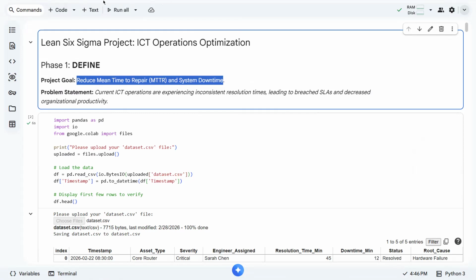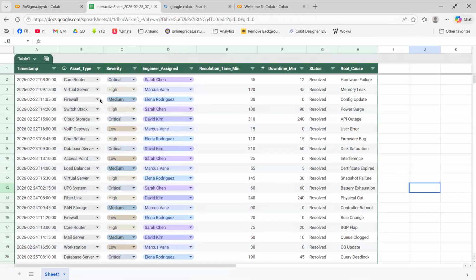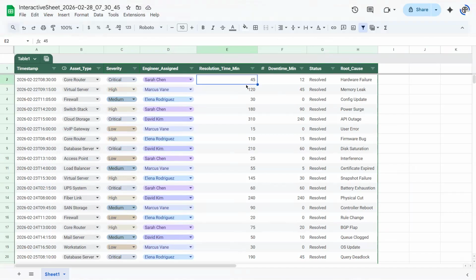Looking at the data set, we have here the resolution time, or the MTTR, and then the downtime. As you can see, some of them are 45 minutes, some are as big as 310 minutes, so that is around 5 hours.